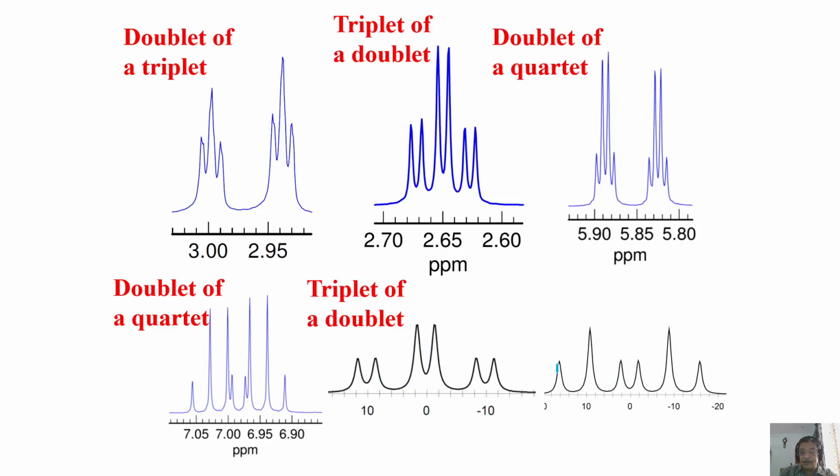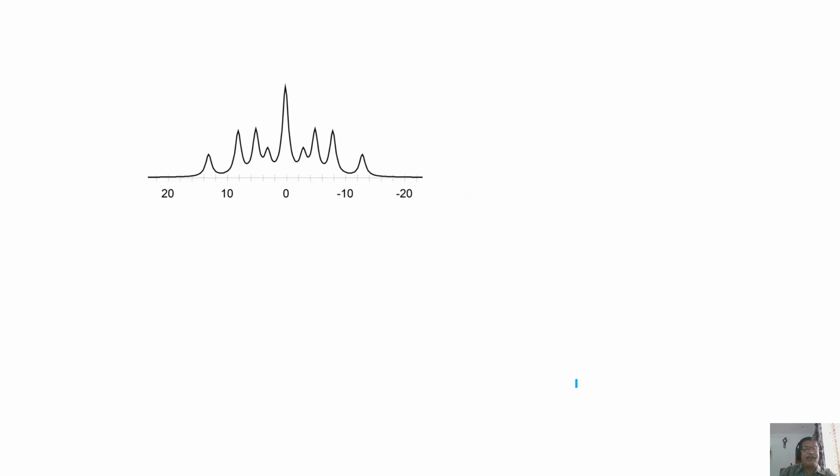Look at this one. This one, this one, and this one is one triplet. This one and this one is another triplet. And the center of this triplet to the center of this triplet is a doublet. This is larger splitting, smaller splitting. What do you call this? Doublet of triplets. Okay. This is a little complex. Let us see how to go ahead. It looks simple. It's not that complex, but we have to start thinking how this pattern will come.